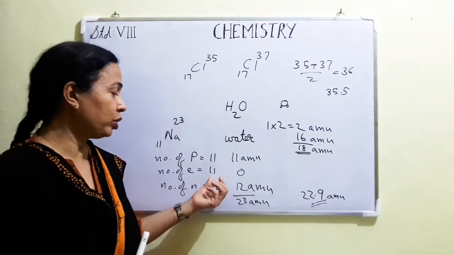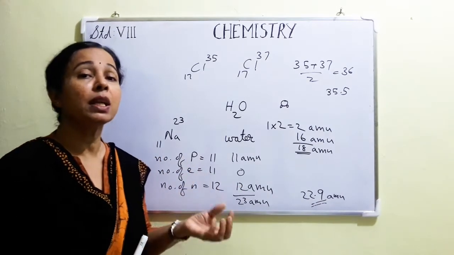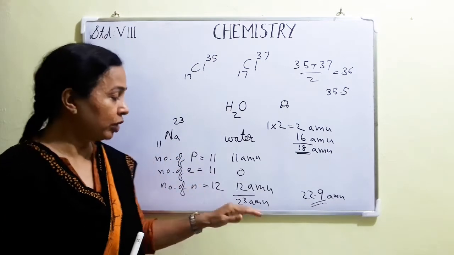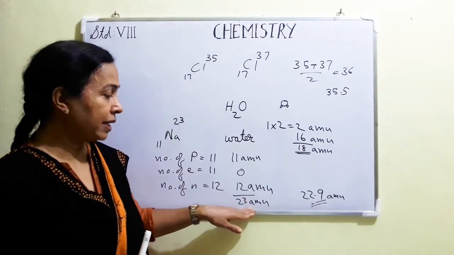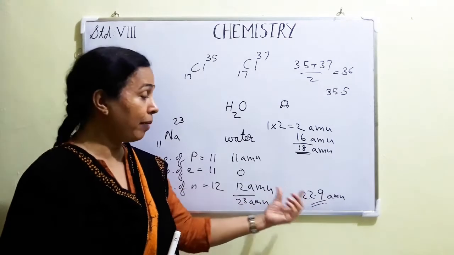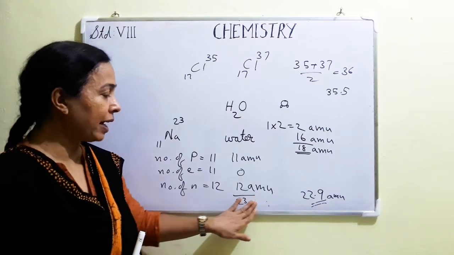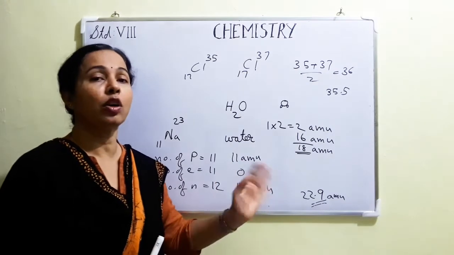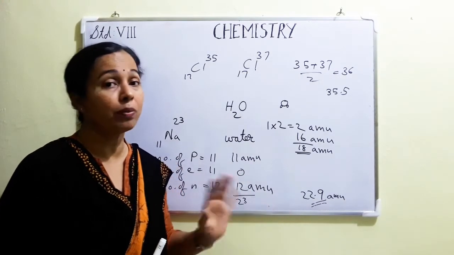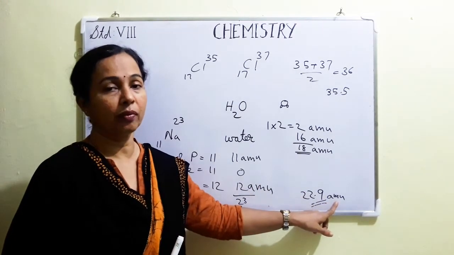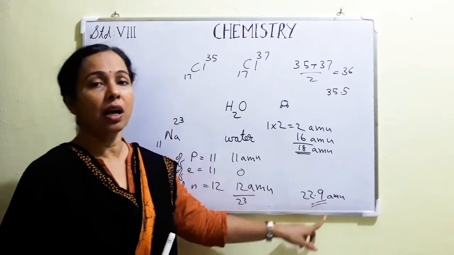The reason, you know, is that electrons have no mass. The total mass of the atom is concentrated in the nucleus, that you have studied in the last chapter. Okay, so that I proved here. The mass number is almost equal to the atomic mass. But along with the mass number, we will never write AMU, because it is only the total number of particles, not the mass of the atom. But with the atomic mass, we will write AMU, because it is the mass of the atom.